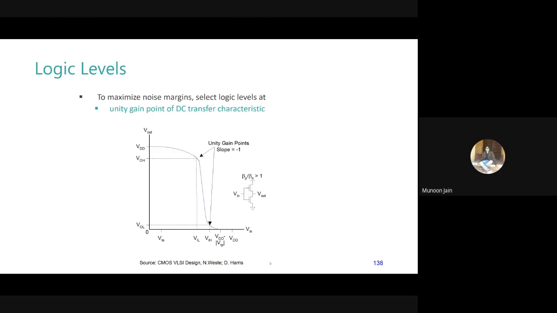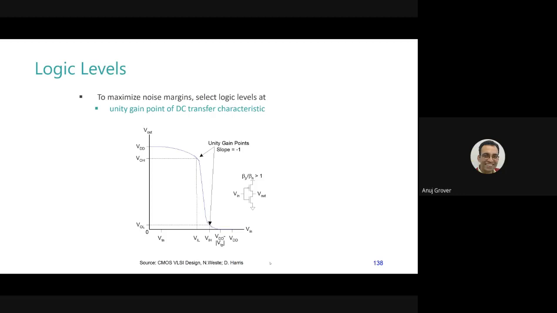Sir, I asked this in the TA session also, and sir gave me the answer as well. But I just want to know about the slopes. Okay, the slopes, the negative slope. I have read this as well, and I want to plot this NMH and NML in this graph. If you increase NMOS width, if you decrease PMOS width, what will happen to our noise margin part?